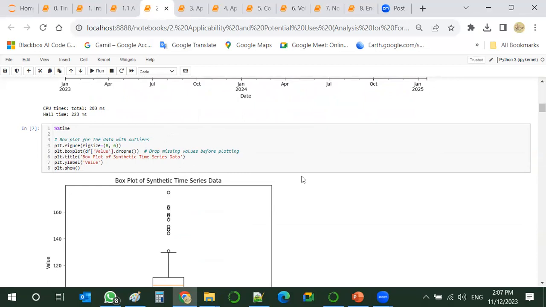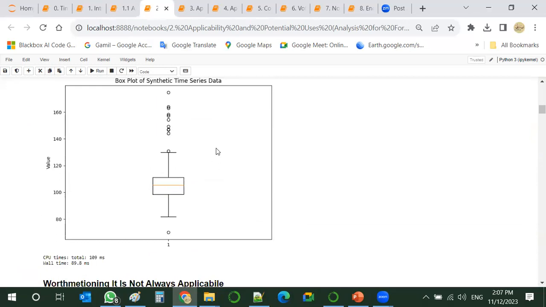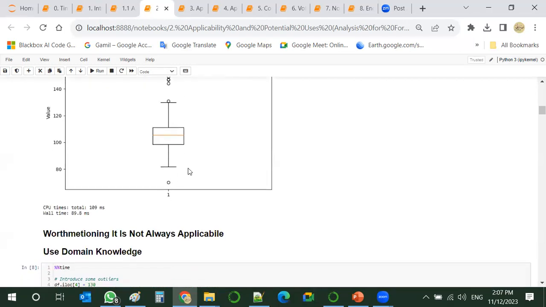The other method is using a box plot. This box plot, as you can see here, encapsulates all the data between these two lines and tells us we have some points up here and we have this point down here, and they do not belong.